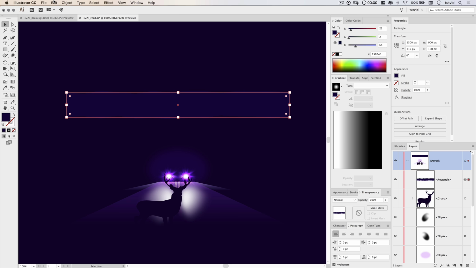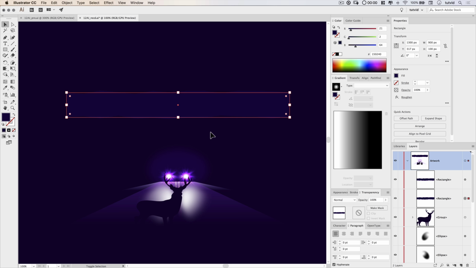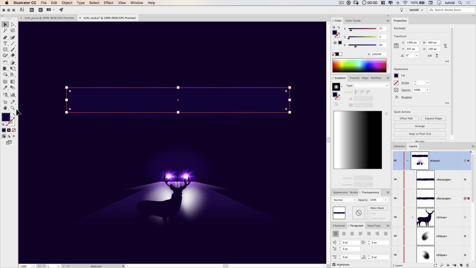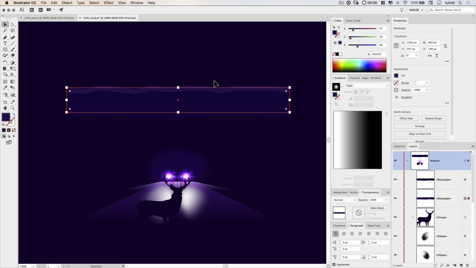And I want to duplicate this shape. So I'm going to go Edit, Copy, and I want to paste it behind. So we're going to go Paste in Back. I'm going to nudge it up a couple clicks. I'm going to change the fill color. Double-click on the fill. I'm going to change the fill color here to 291052. You can see it's just a very slightly lighter bluish purpley color, something kind of like that.